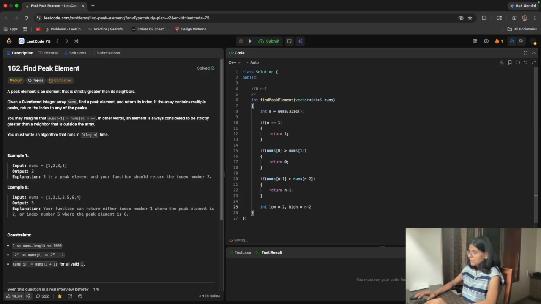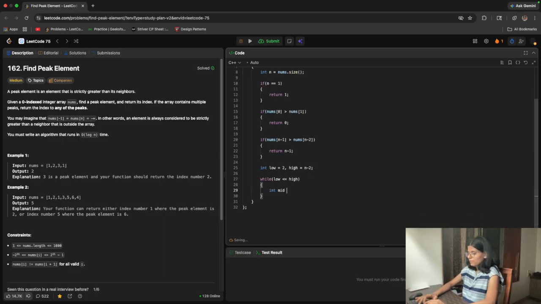And for the binary search syntax, we loop while low is less than or equal to high. I will find mid, which is low plus (high minus low) by 2.